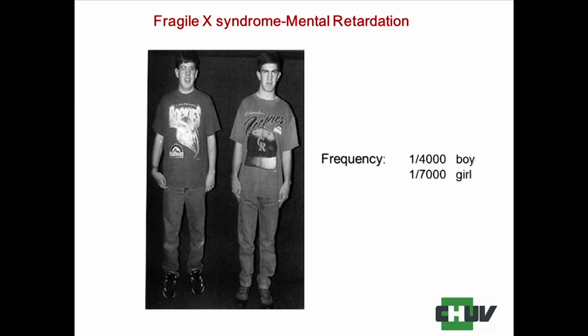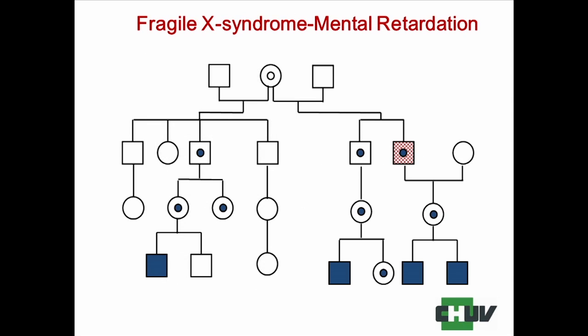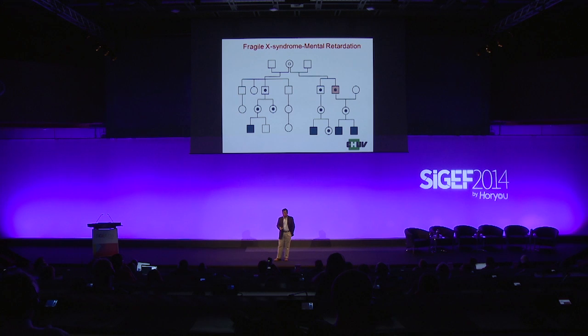Another one is Fragile X syndrome, which is not very rare. It also causes mental retardation, and this is something you can prevent. Here, I can show you an example: usually mothers are normal, because this mother has 2 X chromosomes, and when the defective X comes to the boy, he has only 1 X, and he develops mental retardation. So we offer genetic counseling or antenatal genetic analysis in this type of family, so that they don't have any children with the mental disorder.